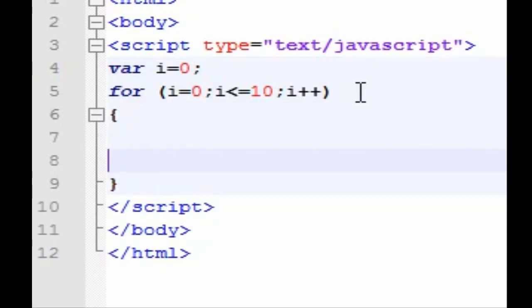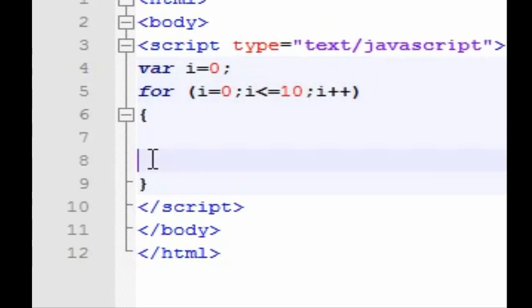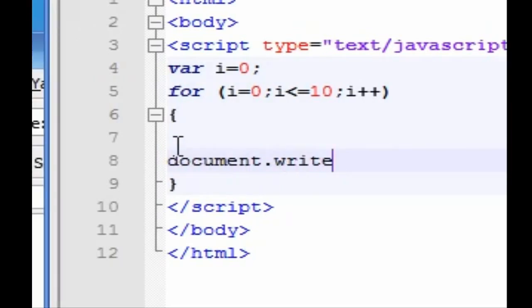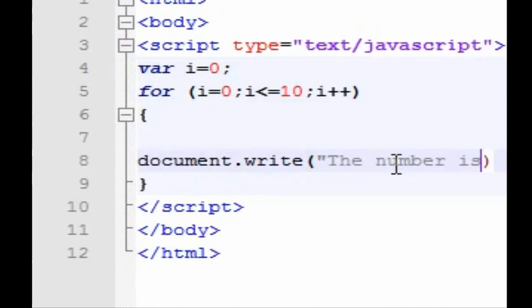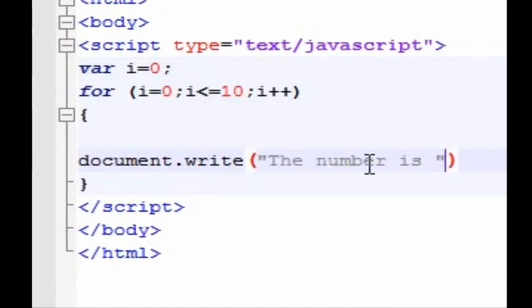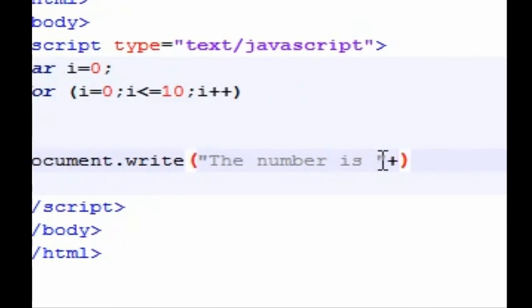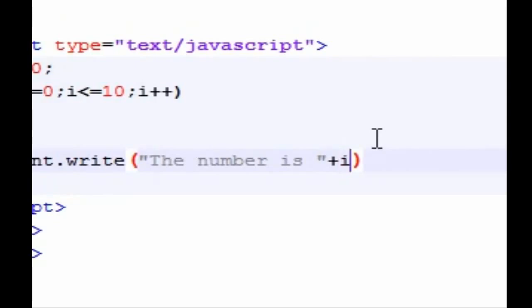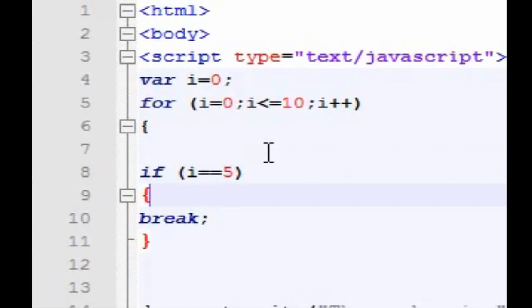So every time our integer fits these rules, I'm going to say document write, which just means output on the screen. Same thing as before if you watched my last tutorial. I'm going to say the number is, and make sure you put a space right here, it'll make it easier to read. Just going to add the number, and then on my next line,